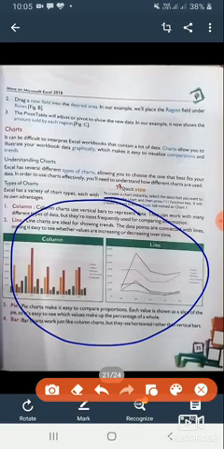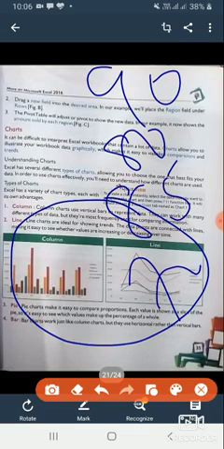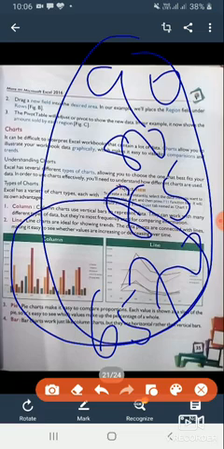Like if I make the data of the top 5 students in your class, let's take an example of class 7. There are top 5 students in the subject computer, like one scores 90 marks, another scores 80 and 85, 70 and 65. All this data we can represent in a chart.